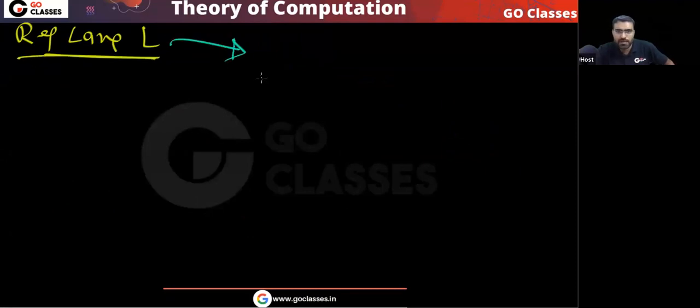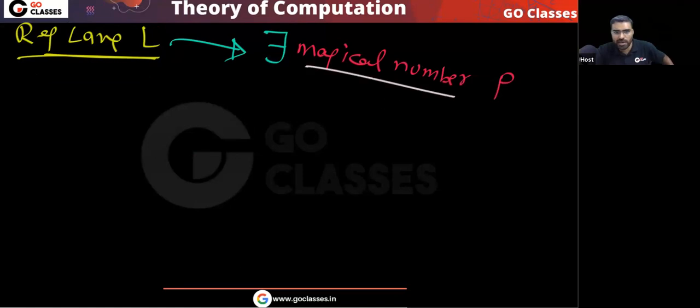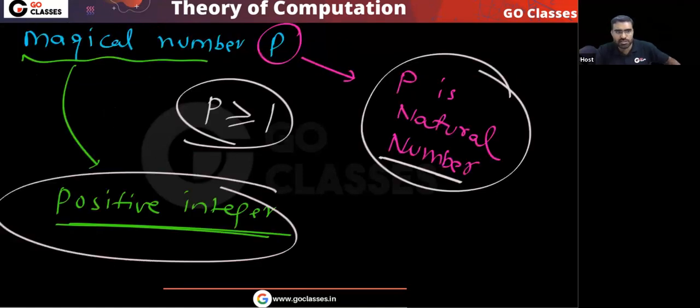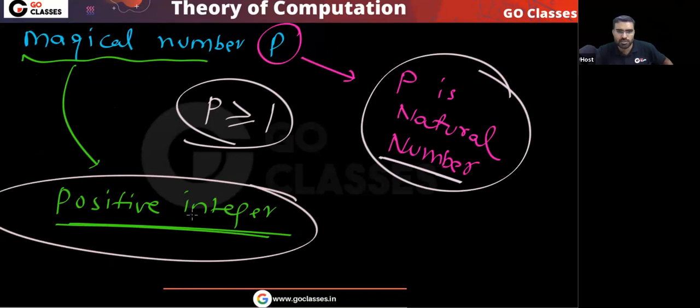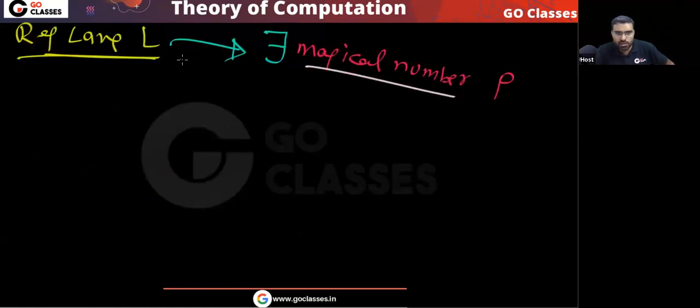Now let's see what this pumping lemma says. Let's look at this one more time. So basically you have a regular language L. For this regular language L, what is the first step? Pumping lemma says that for any regular language L, there exists a magical number P. I told you that this magical number is a positive integer, greater than or equal to 1. So for this regular language L, there exists a magical number such that